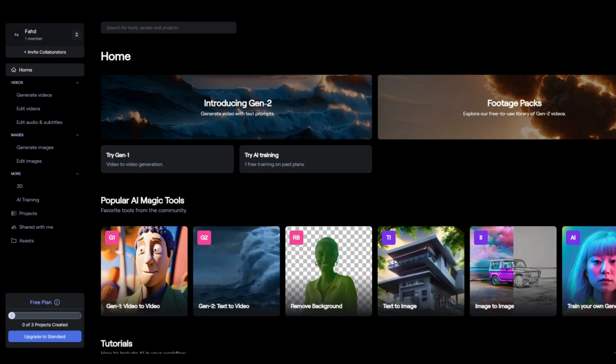Much awaited Gen 2 features from Runway are here now. Now everyone can go to their web or Android app and generate videos from text prompts in the preview. So go to runwayml.com and then from there click on introducing Gen 2 where you can generate videos with simple